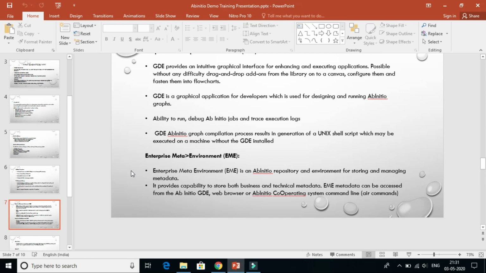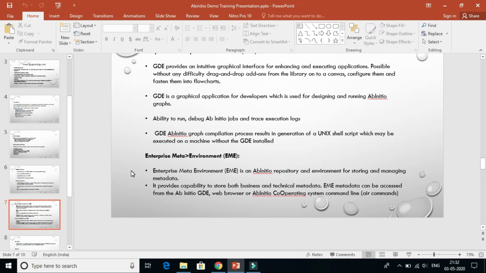And it provides the capability to store both business and technical metadata. EME metadata can be accessed from Ab Initio GDE, web browser, or the Ab Initio operating system command line. As I told, from the backend as well, we can operate the graphs, we can manipulate the objects by using the air objects. So there is a connection between the EME and the co-operating system as well.